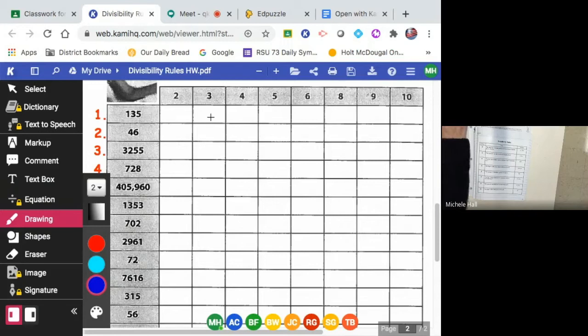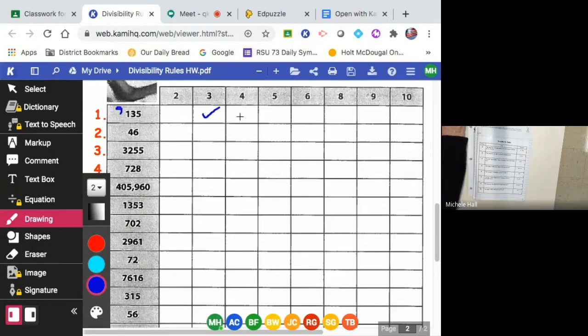Divisibility rule 3, Tegan. What's the divisibility rule for 3? So what does that mean? What do I have to do? You add up the numbers. 5 plus 3 is 8, plus 1 is 9. Can 3 go into 9 evenly? That means that this number is divisible by 3. And I'm just going to write the number 9 over here because that's the same rule for 9. I don't want to keep adding it up every time I get to 9. I just want to see the number that I added up.